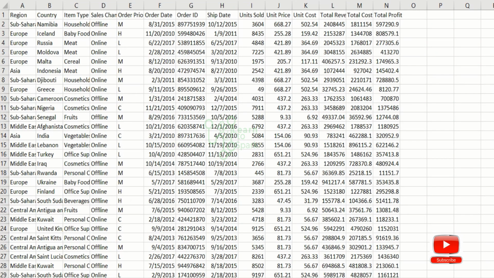For this demo, I have taken a sample file from Kaggle which has sales records. We are going to do a filter operation on the sales channel column, which has the options offline and online, and we are going to sort on the column order date. So we will be filtering on the column sales channel and sorting on the column order date. This is our requirement. Let us quickly check the code once.